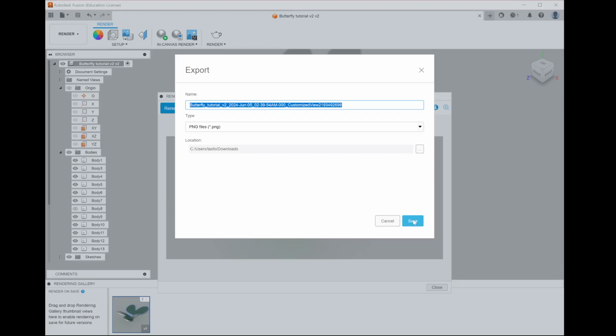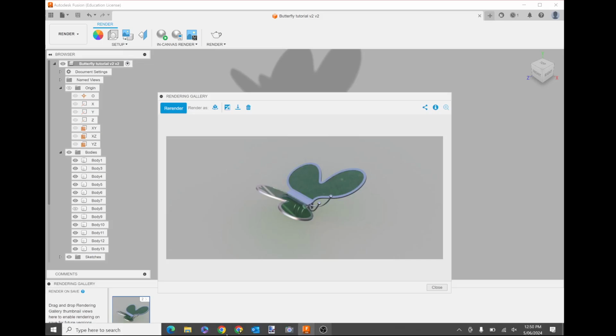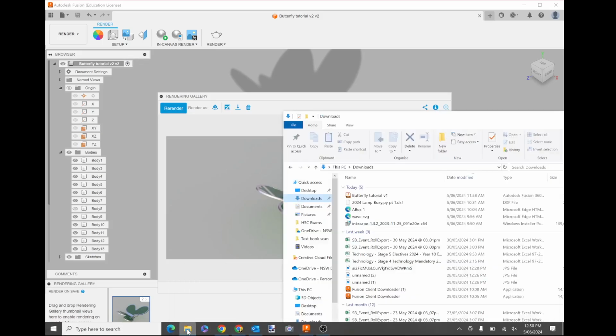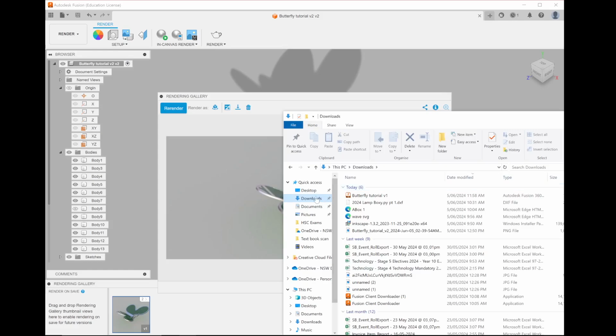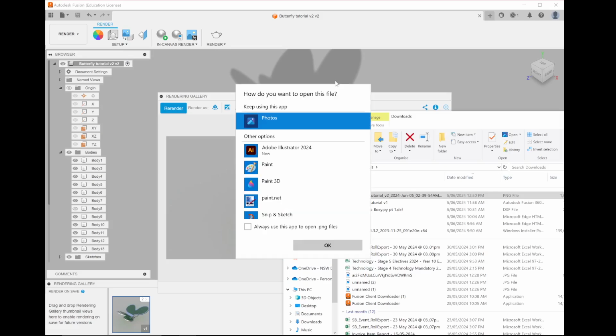So we'll press save and just remember the location. And then if we go there to our downloads, and we open that image with Photos,